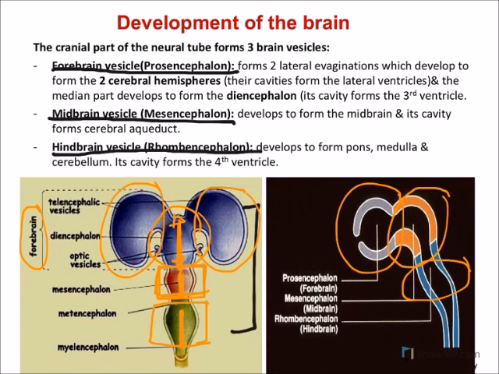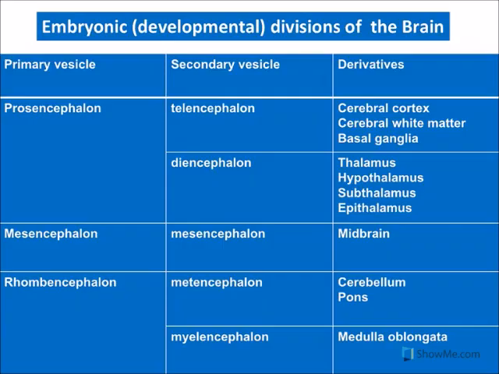The rhombencephalon, which is the hindbrain vesicle, will be divided into two vesicles. The rhombencephalon will develop into metencephalon and myelencephalon. The metencephalon will develop into the cerebellum and the pons, while the myelencephalon will develop into the medulla oblongata. So if you look at this table, which represents different vesicles of the brain and the derivative of each vesicle,